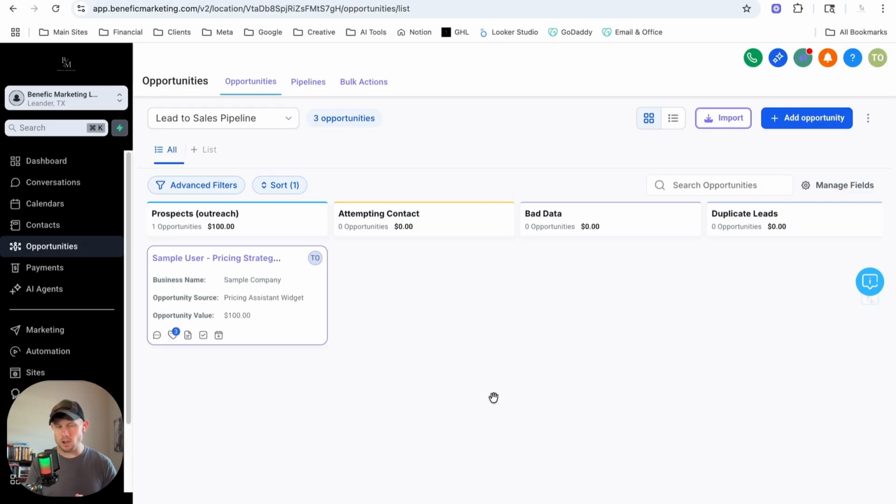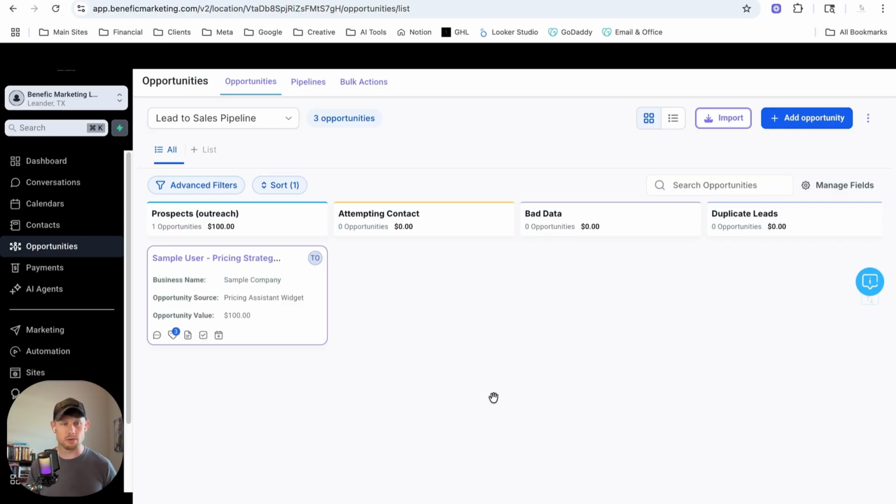Now, finally, if you're in your Go High Level account, what does this look like on the back end? Because the important piece here is being able to capture the leads and capture the information. So here you can see a sample user has been created. So we had gone through, used the test iteration of this tool, put in our information as a lead, and hit send me report. The prospect gets the report in their email inbox. We get a copy of it in the inbox that we've designated,